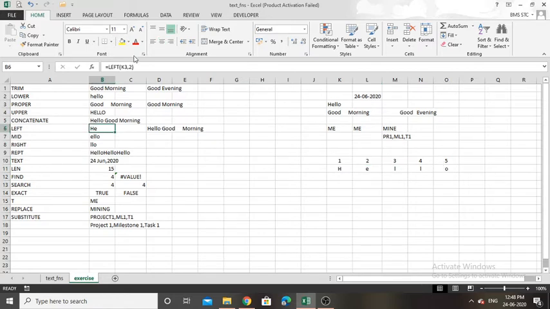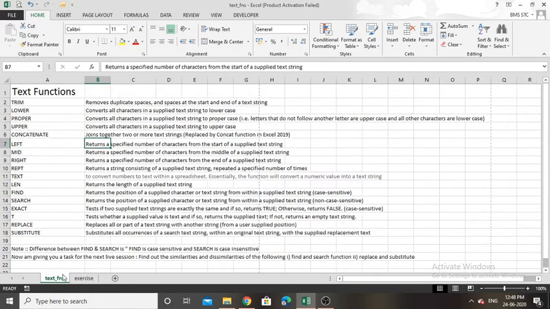So I referred to K3 as my text value along with the left function, comma, the number of characters is 2. So I need the starting two letters, that is H-E. So it will return he as output. Got it? So the left function is used to return the first few letters.